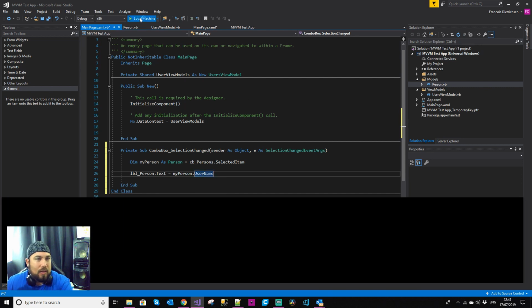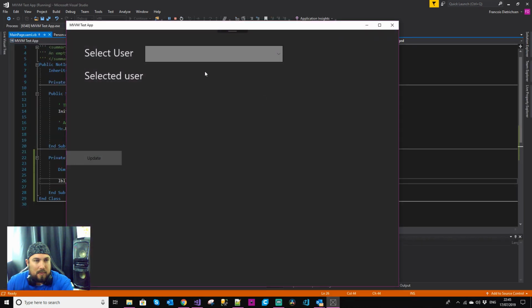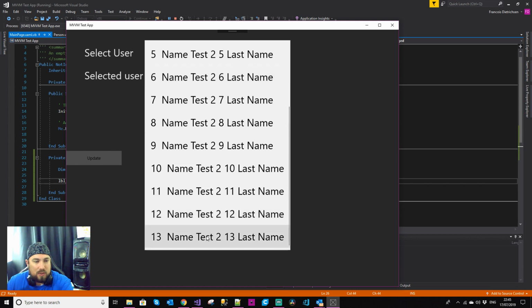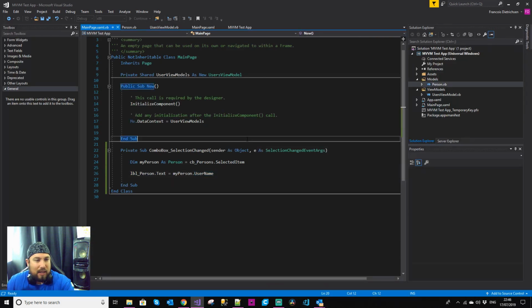Okay, so let's just go and try this quickly. One to 5, click update. 1 to 13, click 13. 13 name test. So that just proves that it is so powerful because you don't need all of the front end and the hard coded stuff in the front. Okay, so that's everything I have to say